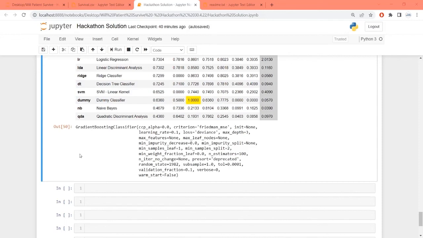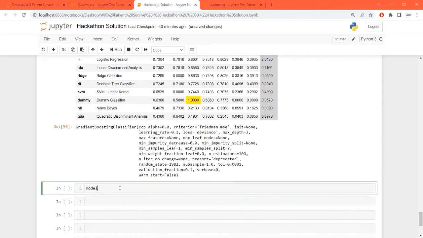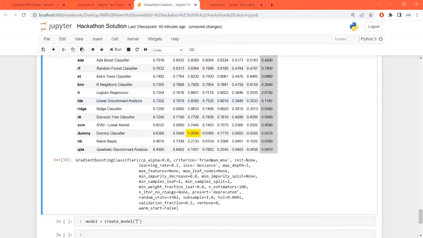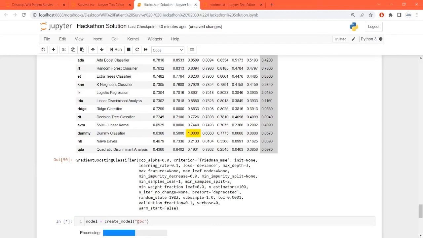Now you can directly take this classifier and get the best parameters inside it. So model is equal to create model. Over here, please pass the correct name. It is the name written here, GBC, not the complete model name, but the abbreviation is more than enough.